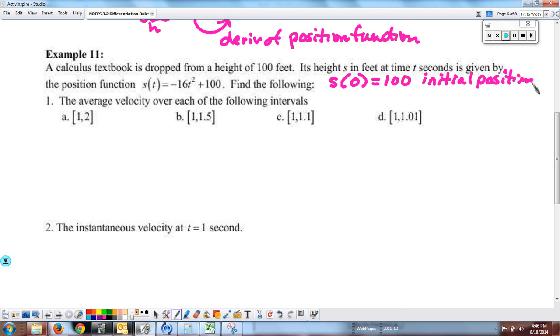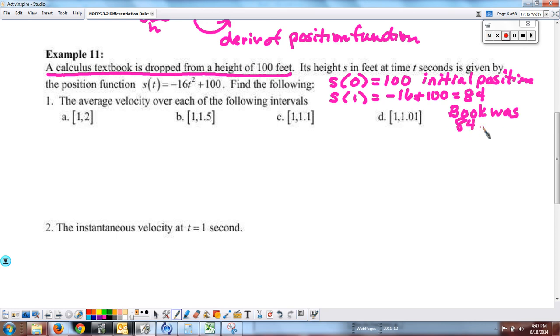When time started recording, it was 100 feet tall. Look, right there is where that information is telling us. We're dropping it from a height of 100 feet, so at time 0, when I let it go, I had 100 feet high. Now, if I were to calculate, say, for example, S of 1, since I know I'm going to need that based on my interval down here, S of 1 is going to be negative 16 plus 100, or 84. That tells me that the book